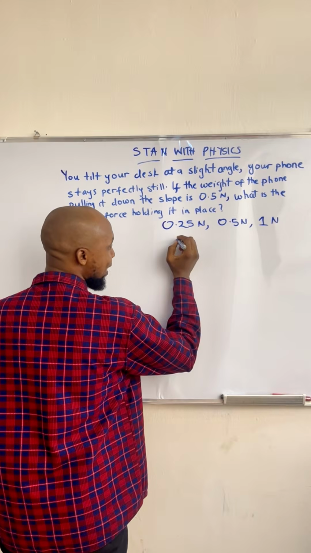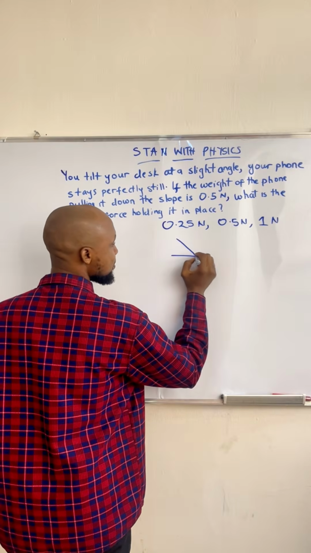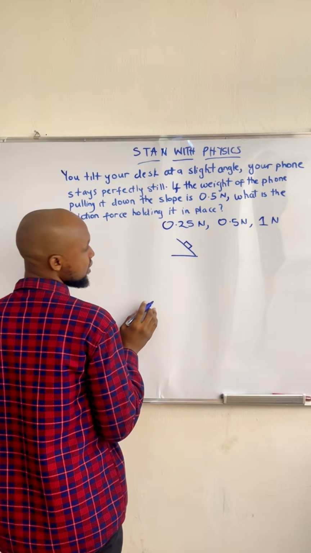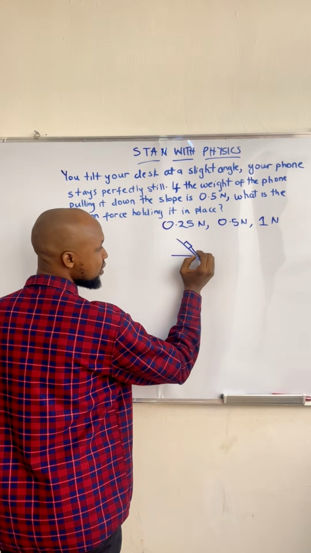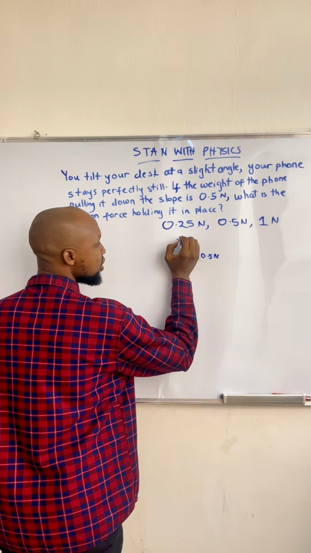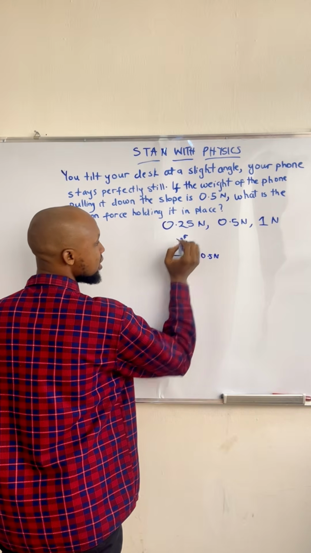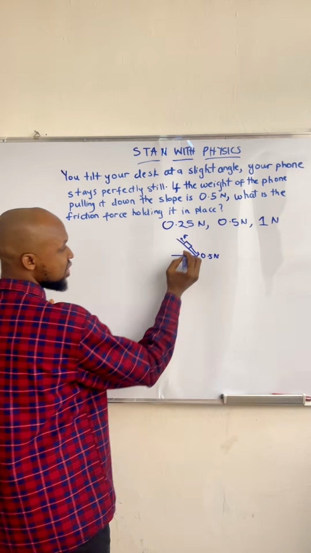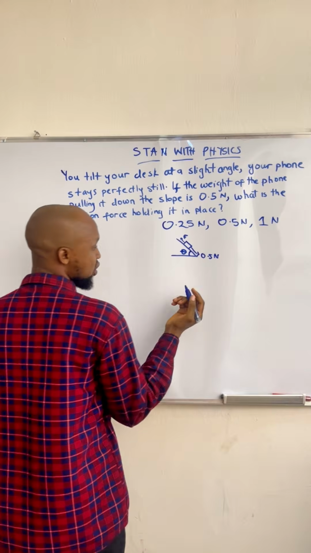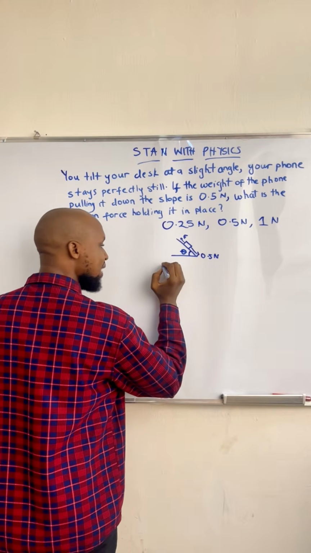We are going to draw our inclined desk. So now we have our phone here. We have 0.5 newtons pulling it down, and we have friction holding it back in place. So what does this mean? And it's at an angle. We don't know the angle, but we're not going to be using the angle to solve it. We have 0.5 newtons